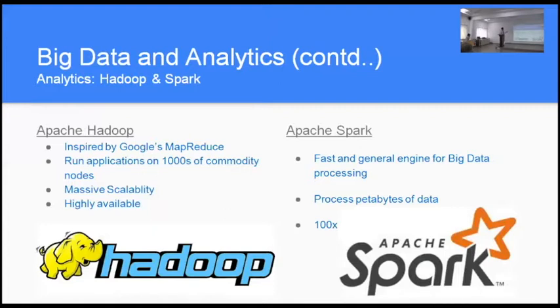So here's Apache Hadoop, and the idea for Apache Hadoop is that if you have a huge cluster of commodity nodes, which means not high-end servers, you take the data and you distribute it amongst these nodes, and of course you replicate them. And Apache Hadoop is very effective if you want to read the data once. So for example, if you're doing web search, so famously Google uses MapReduce, which is what Hadoop is based on.